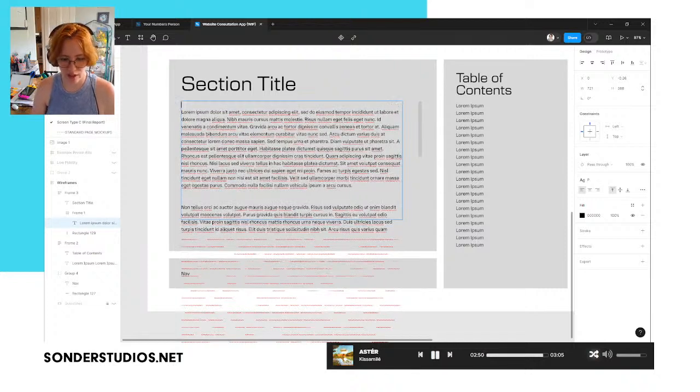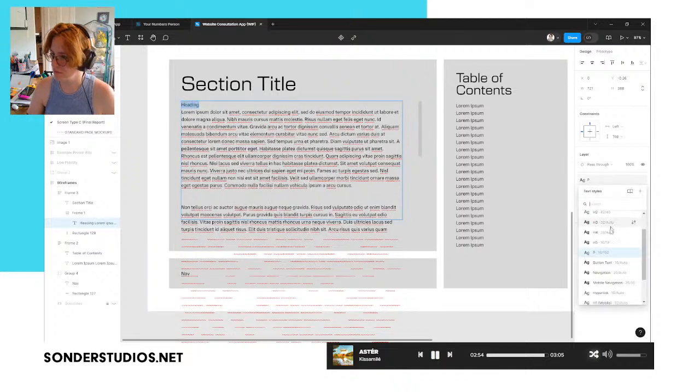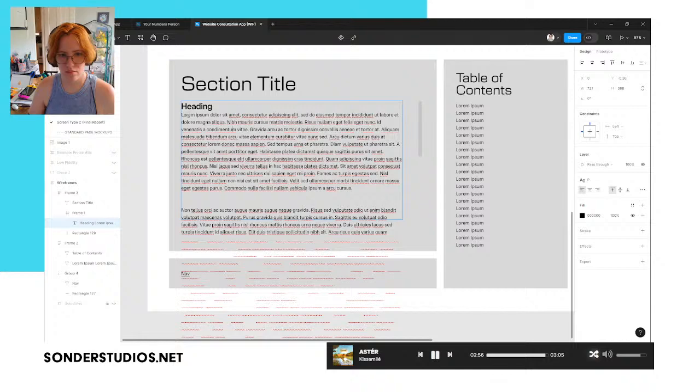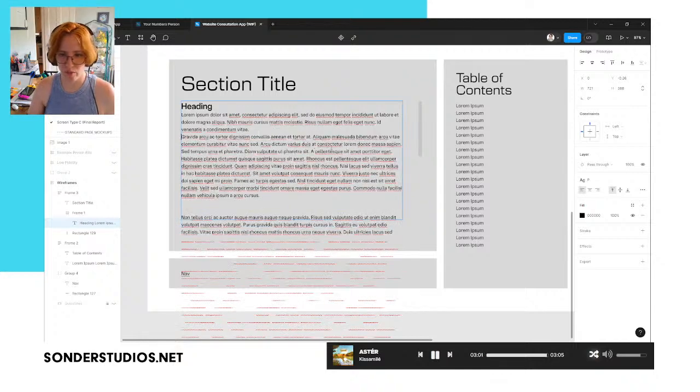So we can include a heading. Let's show them what some bullets may look like.